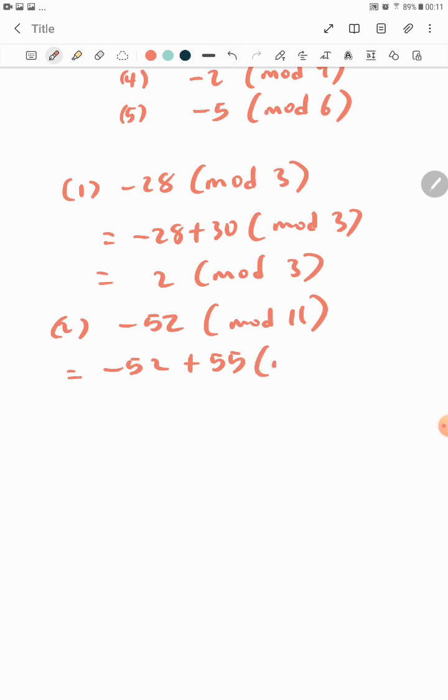And then I'm working in mod 11. So I can say minus 52 plus 55 will give me 3 mod 11. And because this 3 is less than 11, of course, that is my final answer. So number 3,